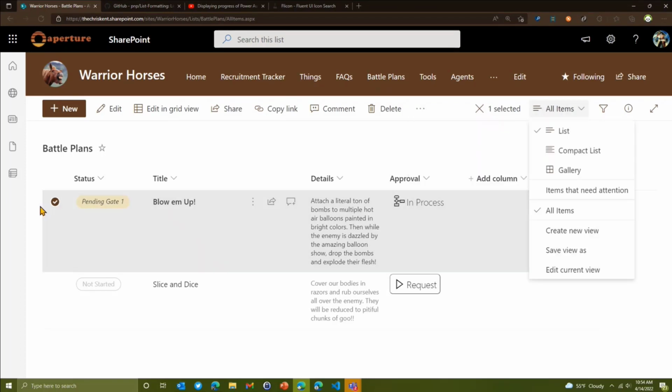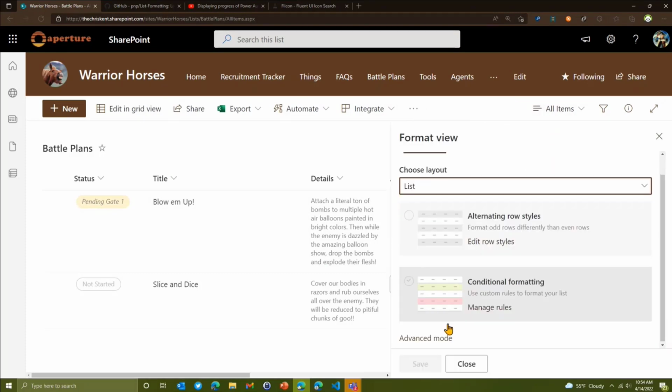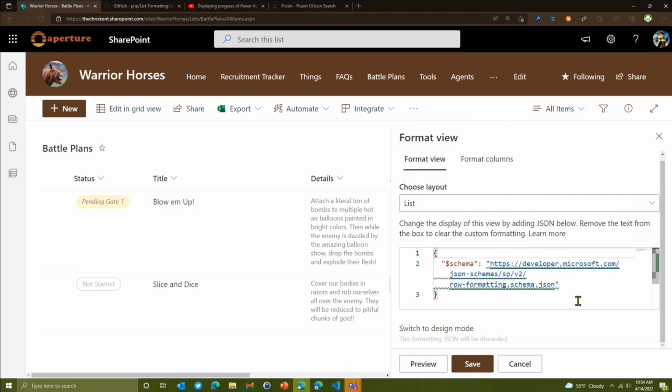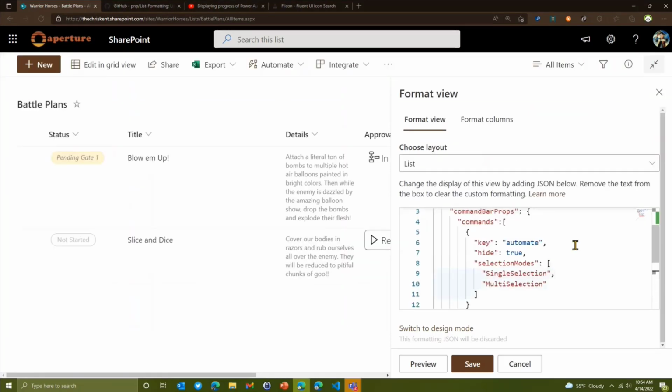Well, you might guess that we're going to apply one of these things we just did. So I'm going to format the current view. All right, I'm going to go to advanced mode so I can write this myself. And we're just going to grab one for time here, and then I'll explain what it does. All right, let's make that a little bigger so we can see it. So what I've done is I'm targeting this automate menu. Now, the problem is, right, it's got rules. I don't want to take away rules in general, right, but I want to take away my items here.